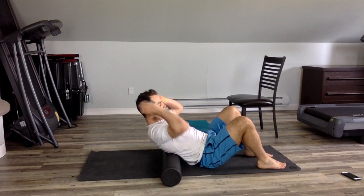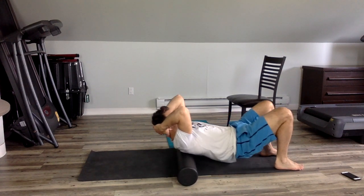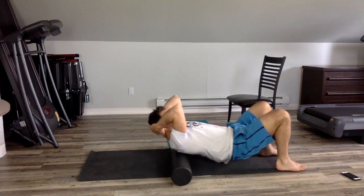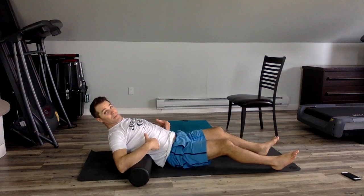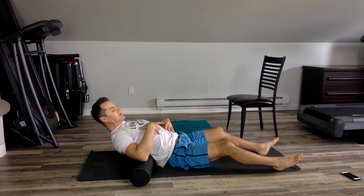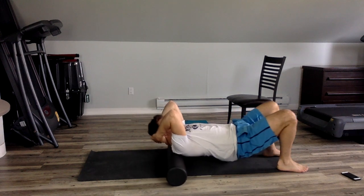And then from there, I'm going to go hands behind my head here. I'm going to lift my bum, and I'm just going to roll through there. So I'm going to roll through the ribs. Now, what I'm trying to stay away from is low back extension. So I don't want to go on my low back and then arch my back here. Not a great position. I want to stay tight in my abs, and I'm going to roll through the thoracic